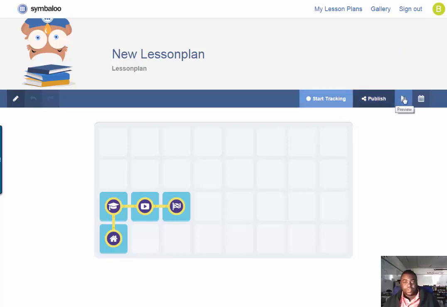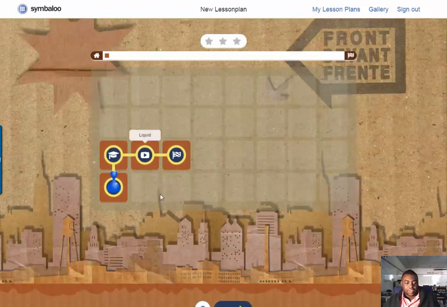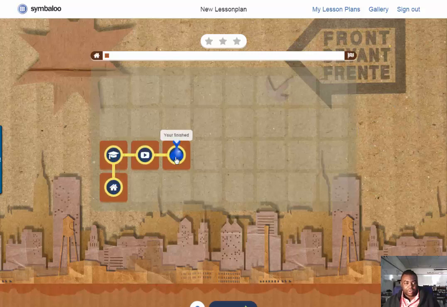Then you can also preview to see what it looks like. This is the cardboard background. So they have to go in the right order. They just can't go anywhere. Okay, they have to complete all of it. Okay, so going back,